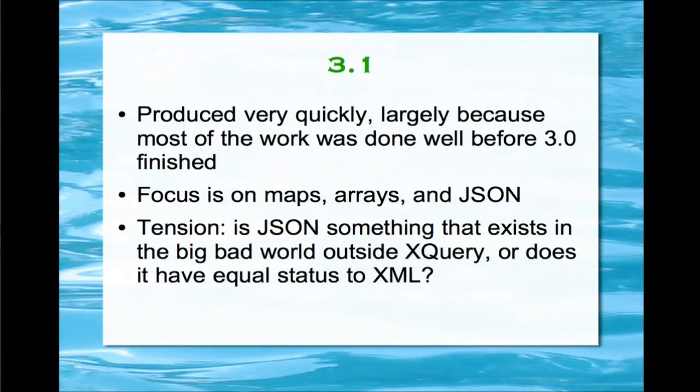Why did that happen? Partly because a lot of the groundwork had been done. A lot of what's new in XPath 3.1 is actually transferred from XSLT 3. So it's the XQuery people saying, oh, you've done a lot of cool things in XSLT 3, we want some of them. Let's call it XQuery 3.1. And in particular because the XQuery user community, or the implementer community, is very interested in doing JSON, and there's lots of things in there that make it much more feasible to do JSON.